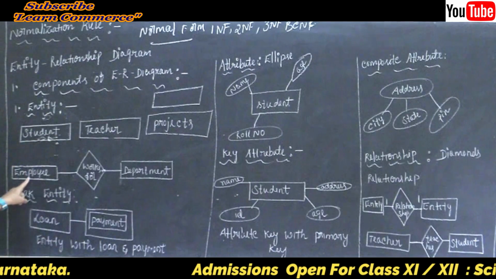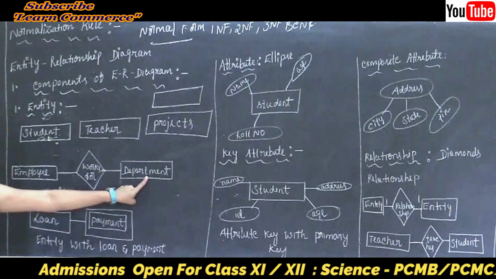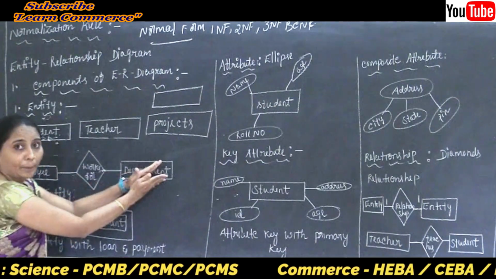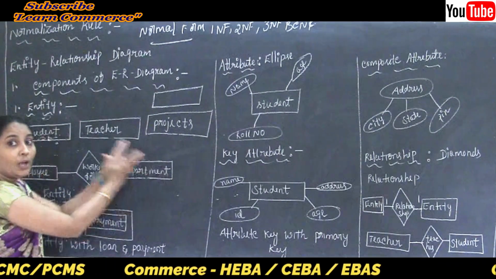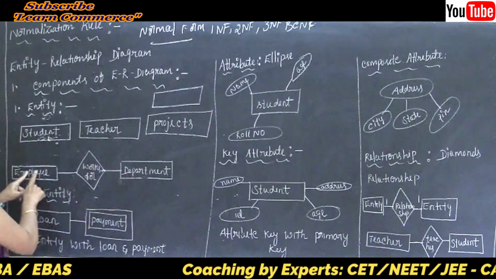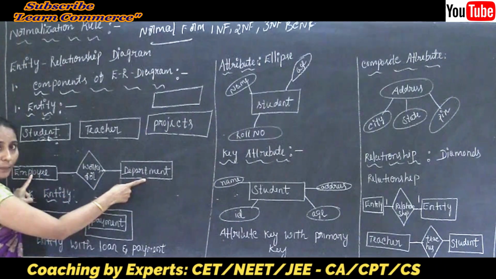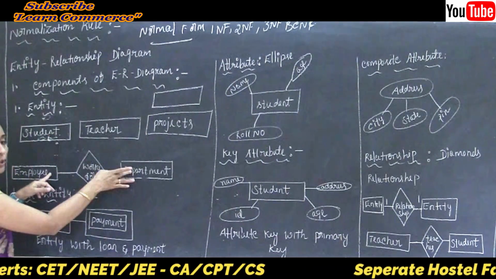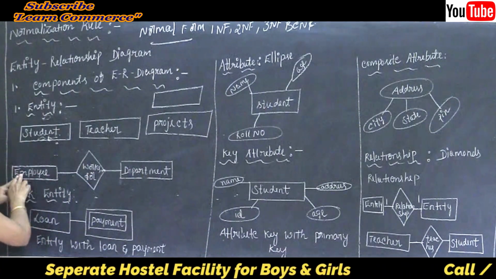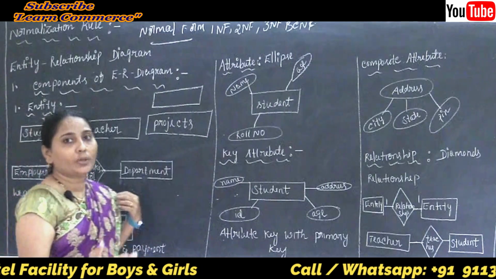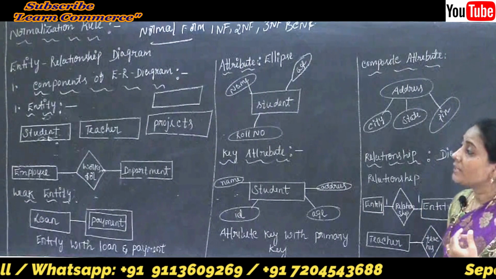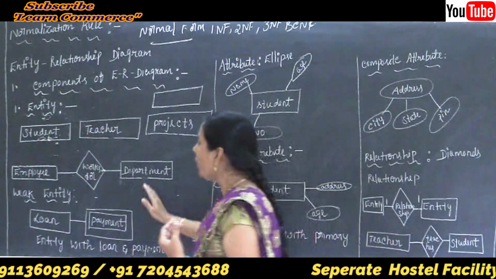The first table name is the employee and the second table name is the department. Because here the employee works for the department. There is some relationship from one table to another table. So here two tables are there: employee is the first table and department is the second table. Now I am going to make some relationship between those tables. Just employee works for the department here. In this way we can make the relation between those tables here.